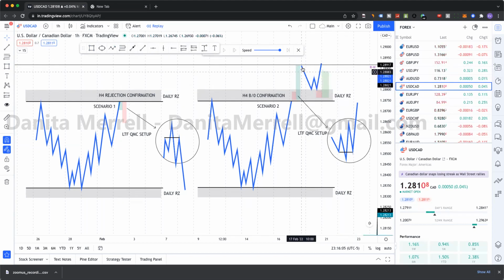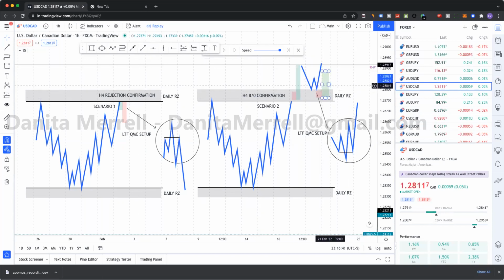So this is going to be part 2 of this. This one has one step where you just wait for the H4 rejection. This one, we have a breakout confirmation, and then we need another confirmation because this is a retest. So this is a breakout retest with confirmation. And then after this, we look for our lower time frame setups. So this is a 2-part. This is part 1 where we have to wait for the confirmation that we're breaking out. Then we need to wait for the pullback confirmation, where you're waiting for H4 to continue higher.